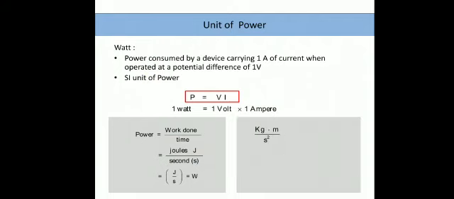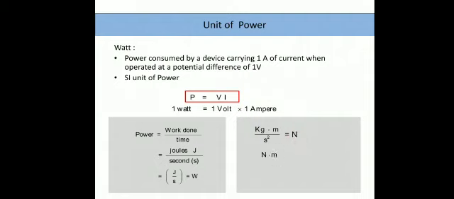Then also pay attention kindly to certain units. For example, let's say kg meter per second square. Okay, so this is the unit of force, mass into acceleration. Mass is measured in kg and acceleration is measured in meter per second square. So kg meter per second square, we name it as Newton. So this is the SI unit. In SI units, it is written like this, but for general purpose, we write it like this. Both are treated as equivalent SI units. So kg meter per second square is nothing but Newton.